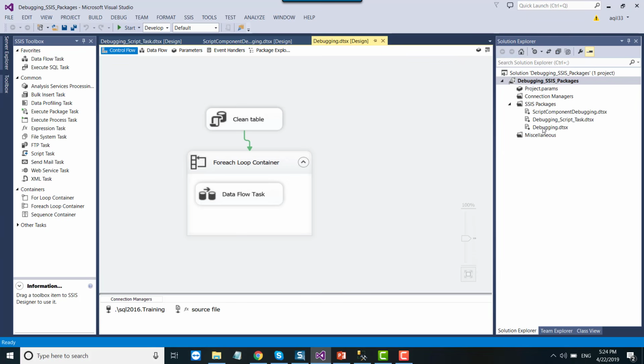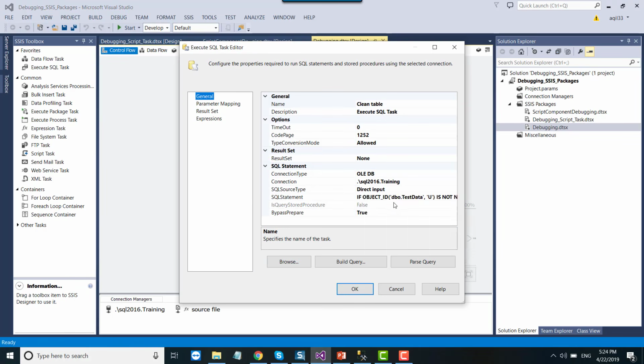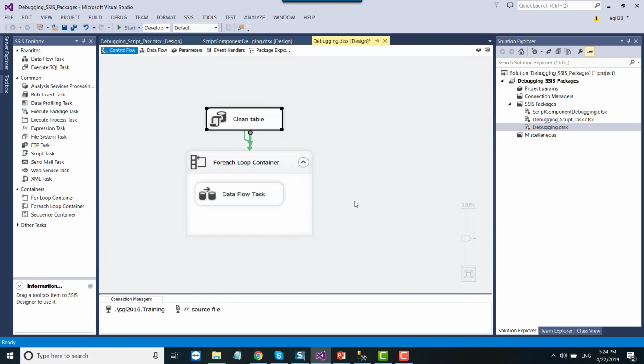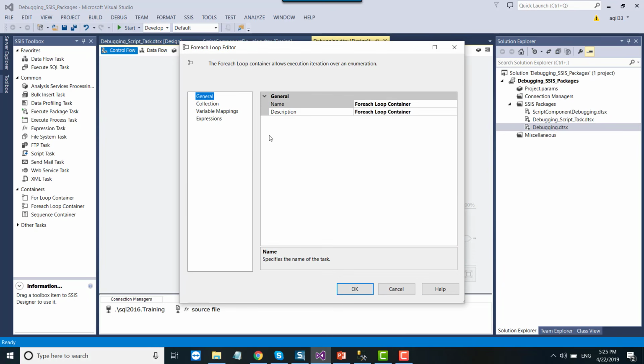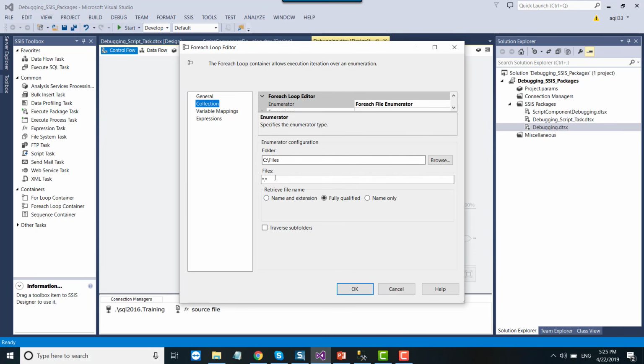Alright, so I have this particular SSIS package debugging which actually drops and recreates a table test data on my SQL Server 2016 instance under the training database. So it drops and recreates the test data table, and then using a for each loop container, it loops through all files under C files directory.